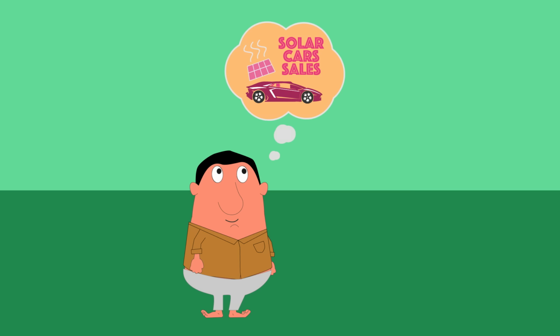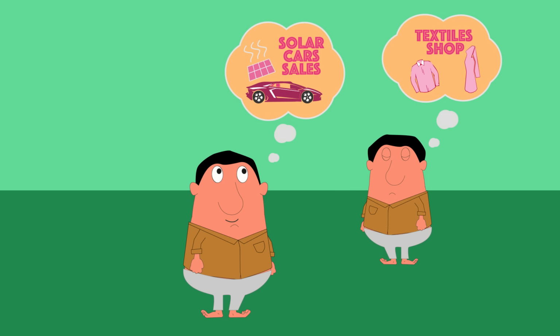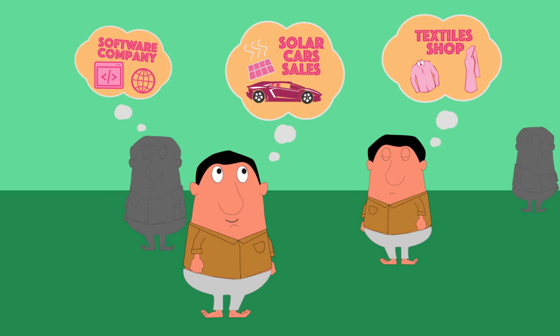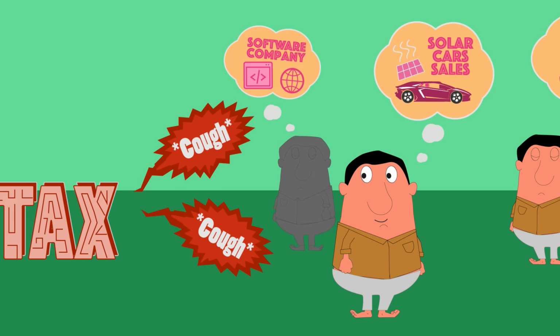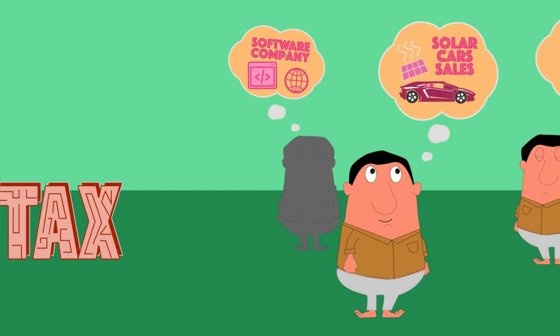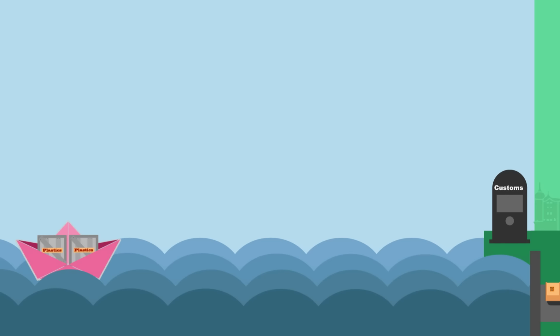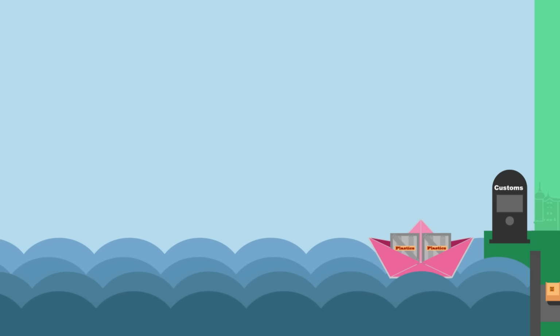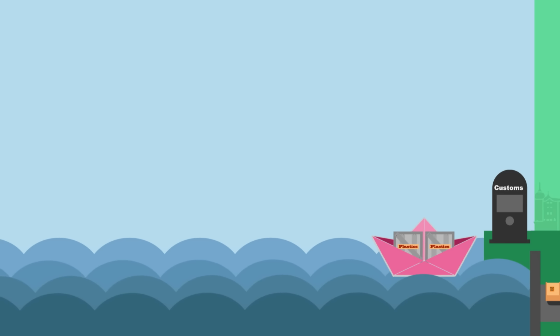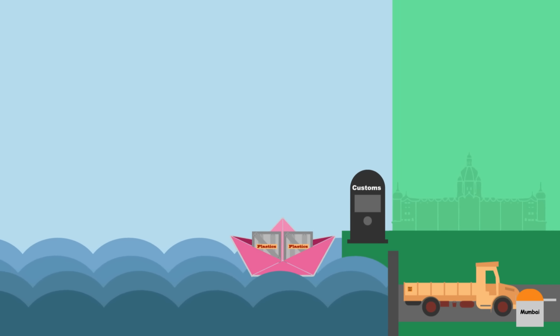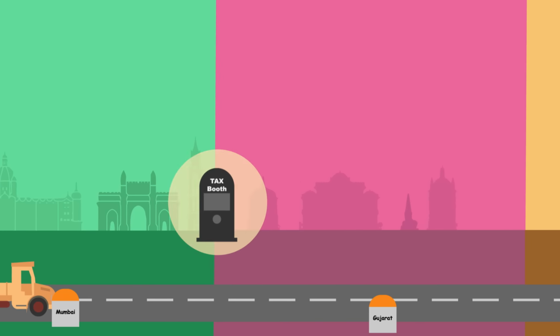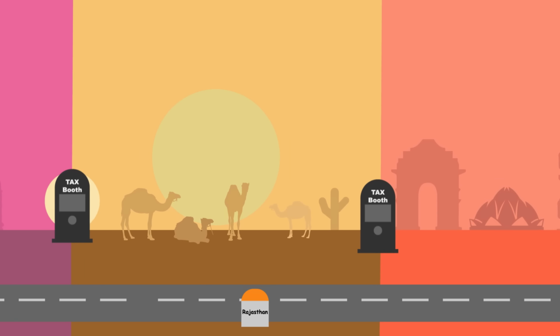In fact, this happens with many budding entrepreneurs who want to give shape to their dreams but fail to because the complex tax structure in India is the biggest hindrance. First, he needs to pay a customs duty along with the shipping charges. It's fine up till this point, but to comprehend the complexity in the tax structure after this stage would drive